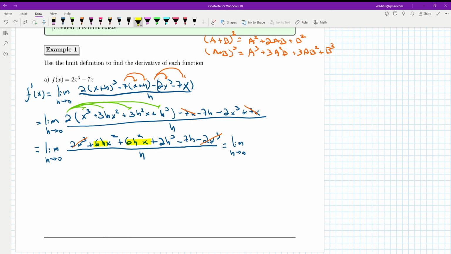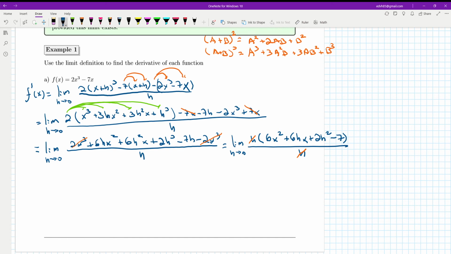All these 4 terms have a common factor of h. So the common factor is h, and 6x squared plus 6hx plus 2h cubed, or rather, 2h squared minus 7. And then the whole thing over h, and this is ultimately what we wanted to obtain, to cancel these h's. And now that those 2 h's go away, we're safe to plug in the limit for